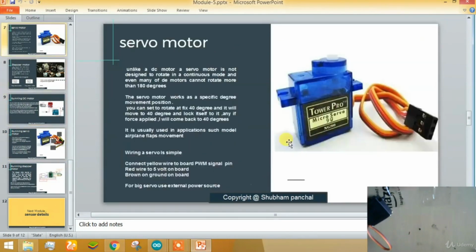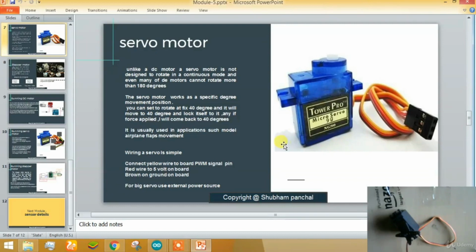But I need to mention something: if possible, give the servo an individual power supply, because if you connect the servo motor directly to the board, and the motor is of a size like this, it will create a great disturbance and surge a large amount of power which can eventually fry the board, and it can also cause damage to the computer. So for continuously moving a servo motor of heavy torque and heavy motion, it is recommended to use an external power supply and connect it to the ground, and then send the signal from the Arduino for the motion of the servo motor, for stability and for protection of the servo motor and the Arduino board.